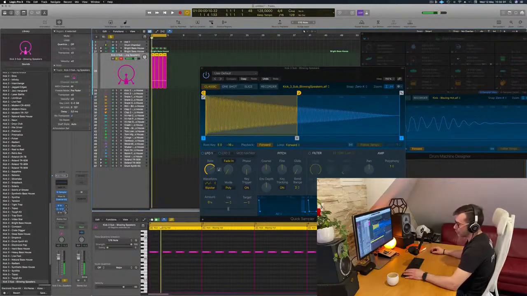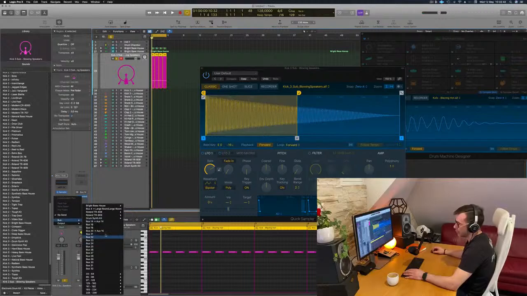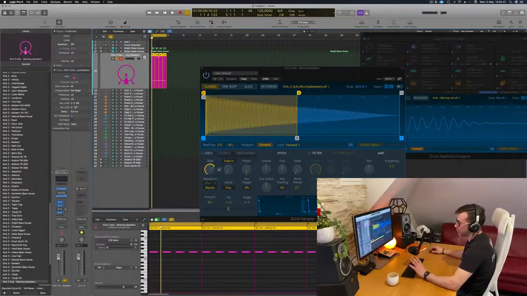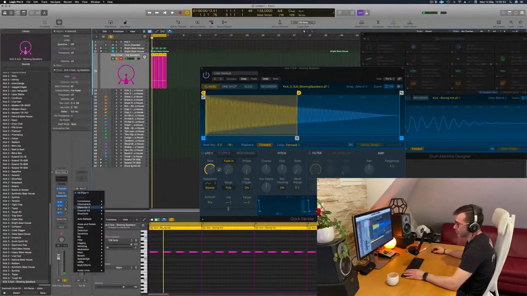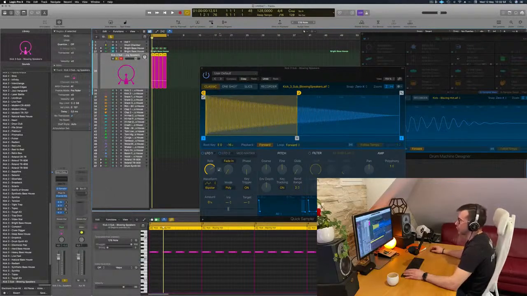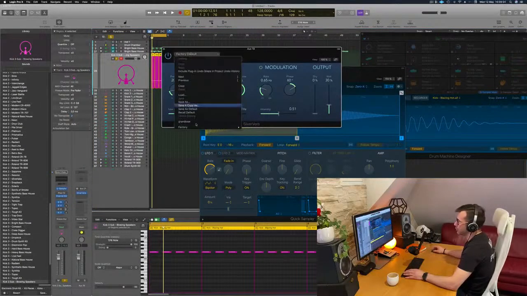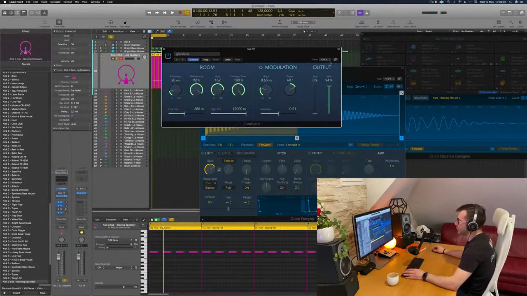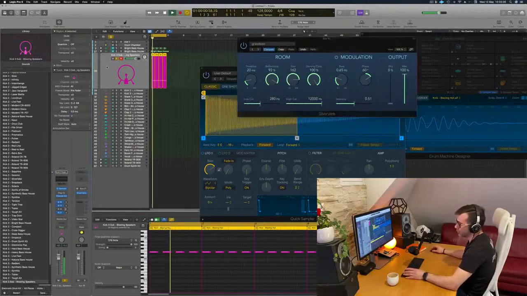So I'm going to try to do a little bit of the same, but not the same. So I'm going to create a new send here. I'm going to send to bus 21. So they're going to be separated. So if you get the template, you're going to be able to reconstruct them the way you like. So I'm going to go into bus 21. I'm going to do a different reverb. I'm going to do a reverb that I use a lot if you know me, and I'm gonna do like a super huge room, and then I will do my best to control it, because I know it's gonna go a little bit out of